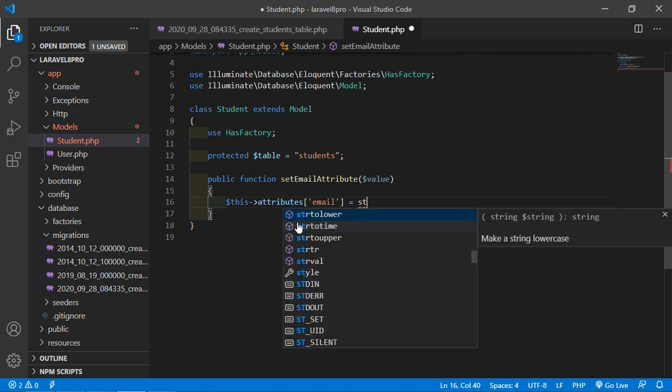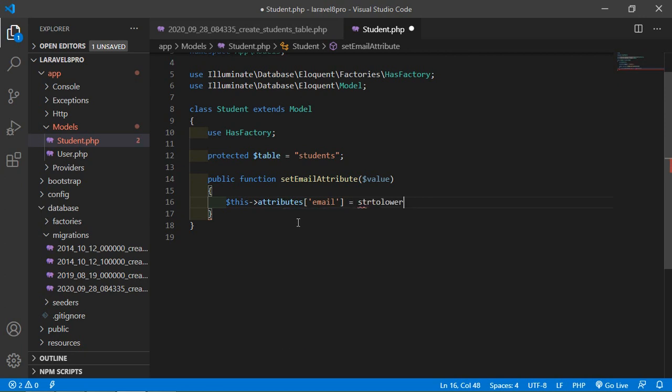So here I'm going to use the strtolower function, and inside this write $value. All right, this mutator will convert the email into lowercase before inserting it into the database table.